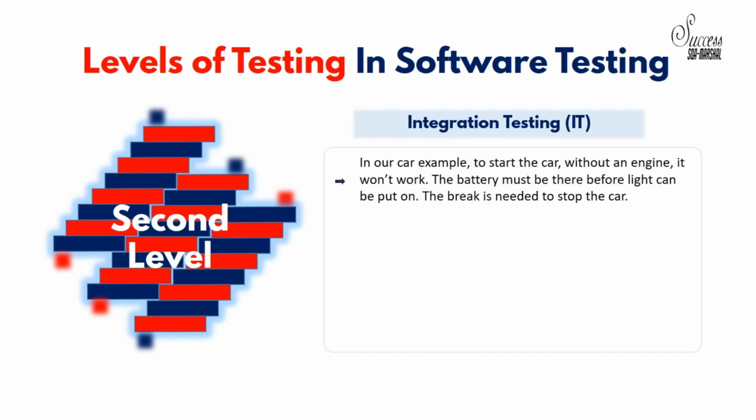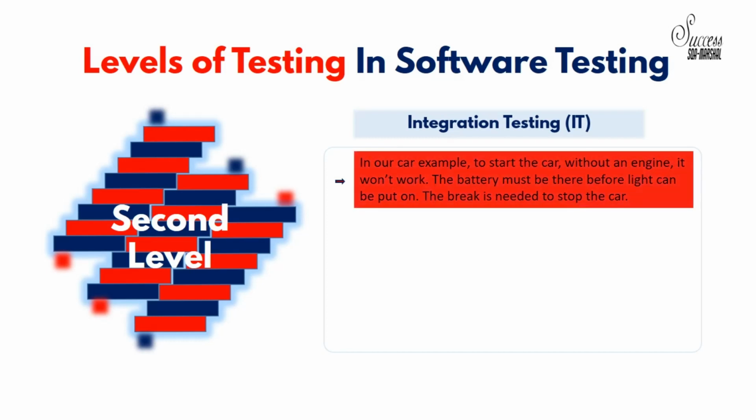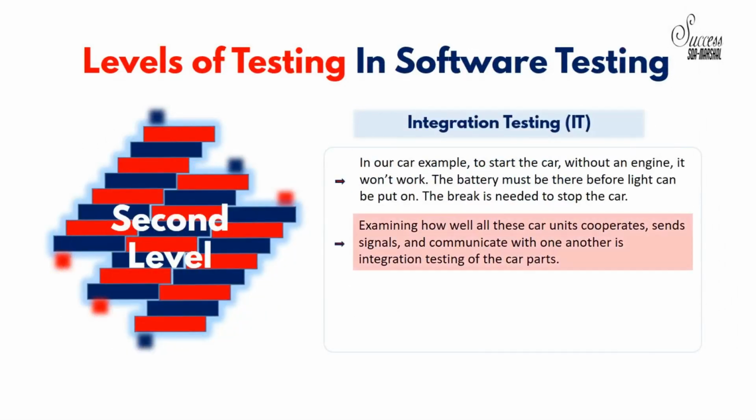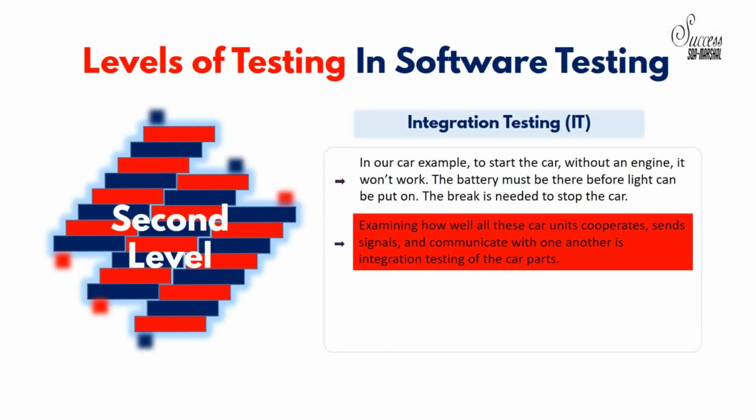It is called integration testing, and in our car example, remember from the first level of testing, to start the car without an engine, it won't work, right? The battery must be there before lights can be put on. The brake is needed to stop the car as well, right? Good. Now, examining how well all these car units cooperate, send signals, and communicate with one another is integration testing